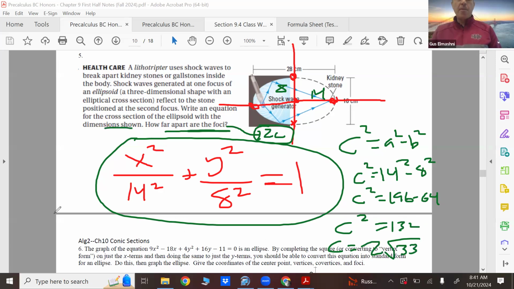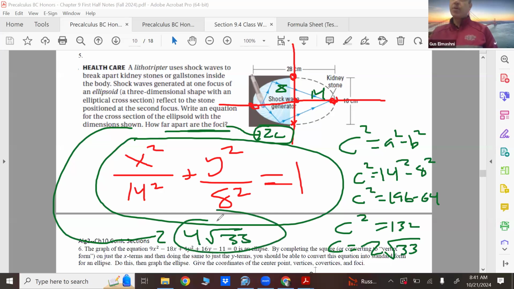So then how far apart are the foci? 4 root 33 exactly. Which is, because root 132 is between 11 and 12, so 11 point something. So not a terribly exciting problem. I got better problems than that, but